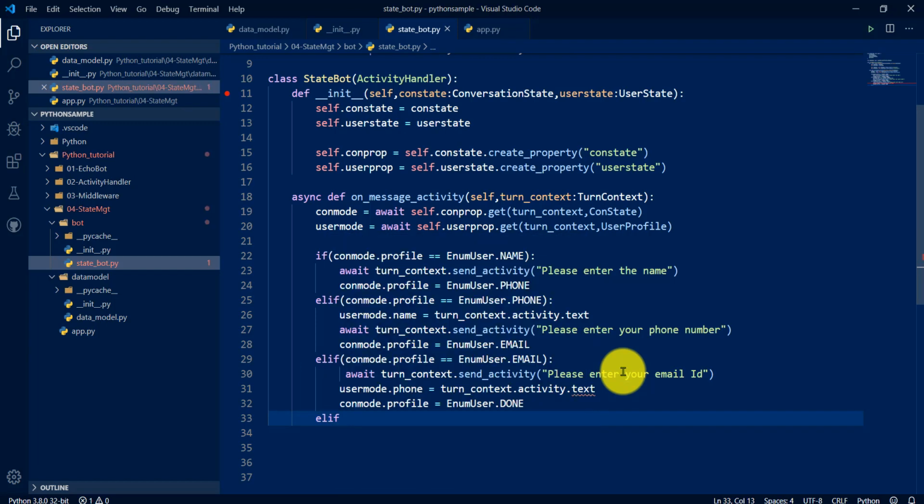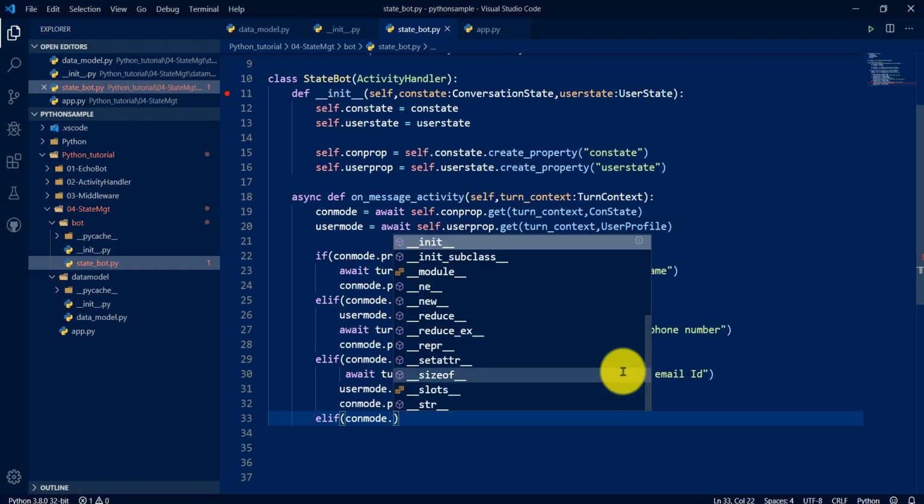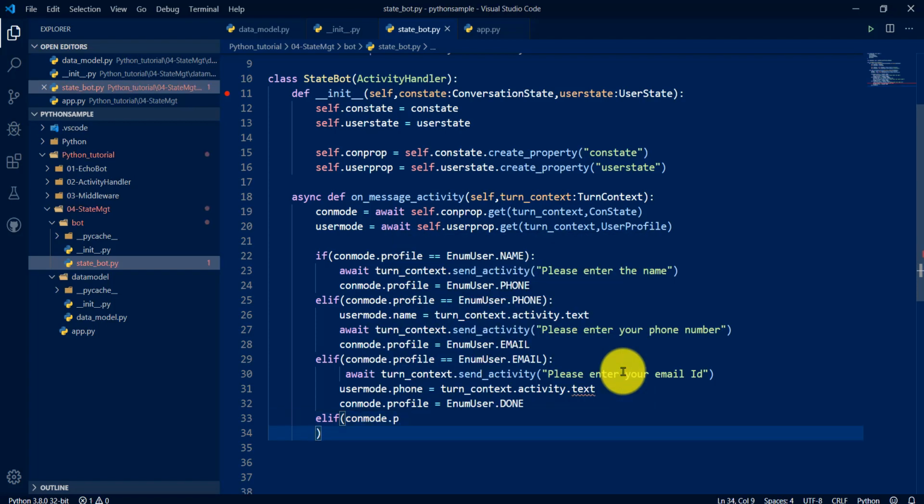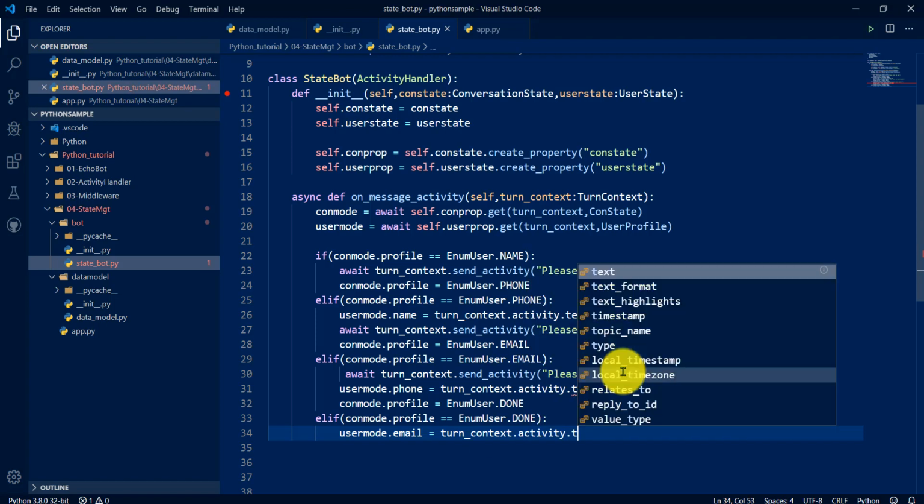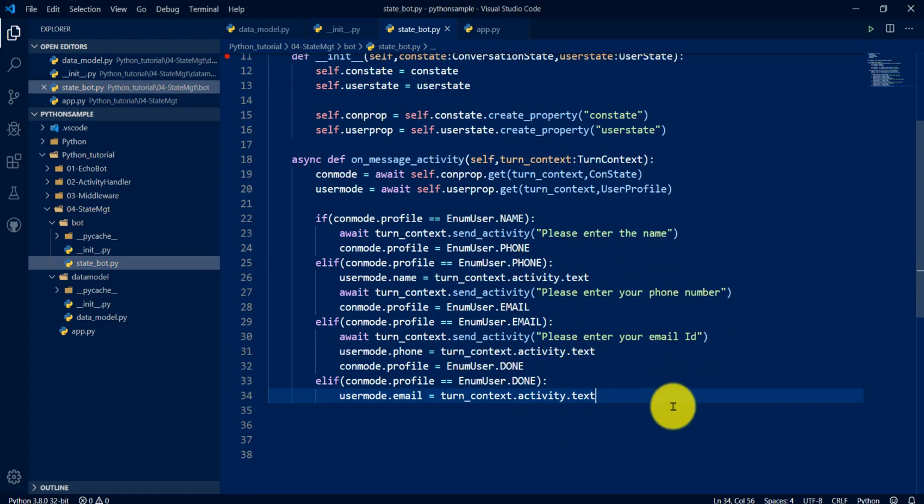Finally, elif conmode dot profile equal to enum user dot done, then user mode dot email equal to turn context dot activity dot text. That's it. So in the done method, we just